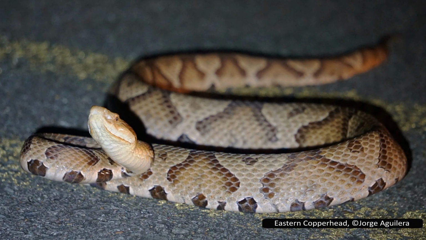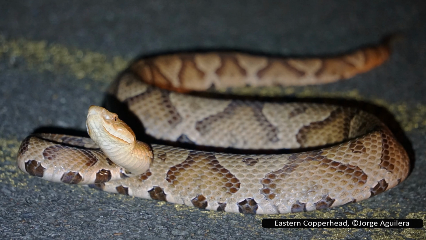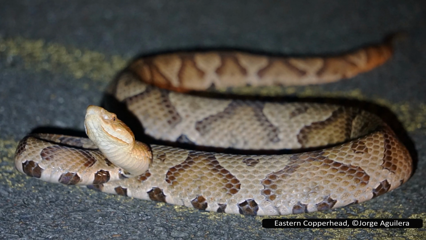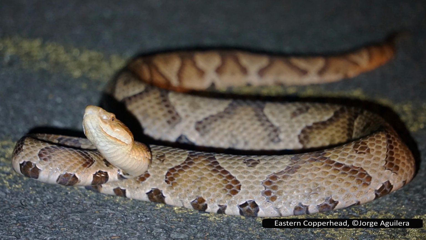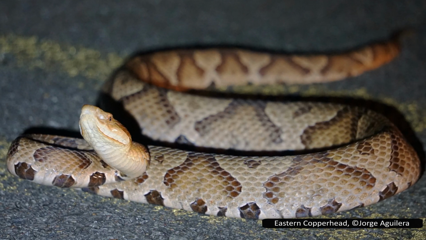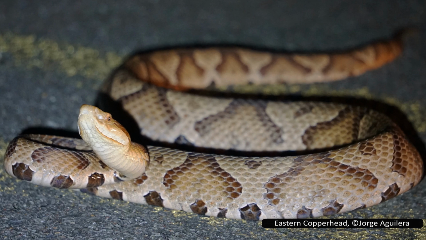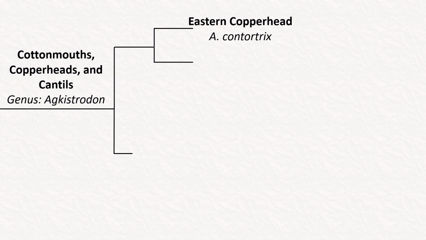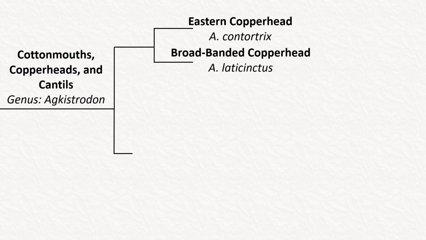Eastern copperheads used to be split into 5 subspecies. However, genetic analysis of these proved that 3 of them were too similar to be split in this way, while the remaining 2 were different enough that they should be considered a separate species, and so became the broad-banded copperhead. It should not be very surprising then that the most closely related species to the eastern copperhead is the broad-banded copperhead,